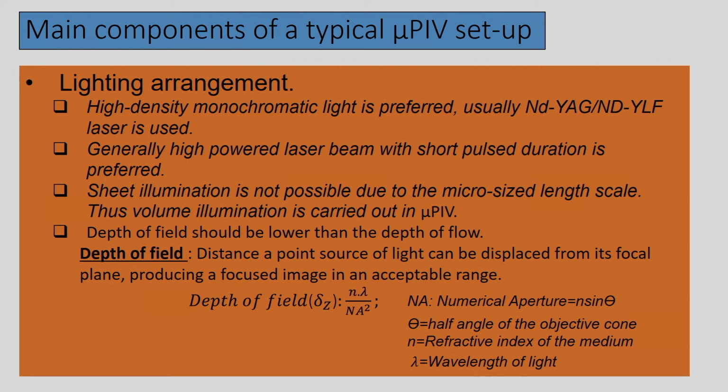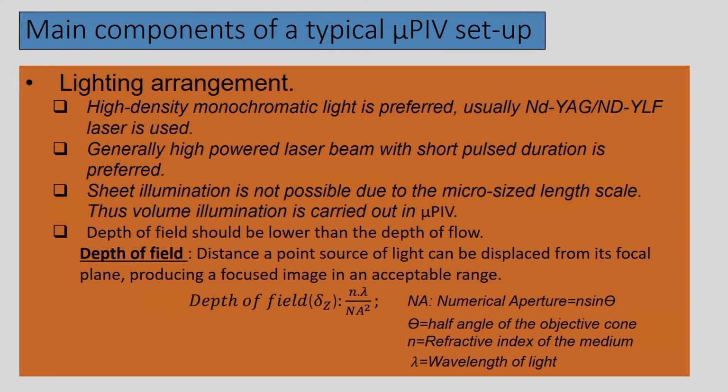What is done to ensure that the light which is coming from the light source will be taken to the lens, and it will try to focus the required portion, rather it should focus the depth of the flow. If it is equal to the depth of the flow, it is okay. If it is higher than the depth of the flow, there will be error in the results. It is always better that the depth of the light should be less than the depth of the flow, so that our objective of accurate, rather quantitative, prediction of the flow parameters will be justified.